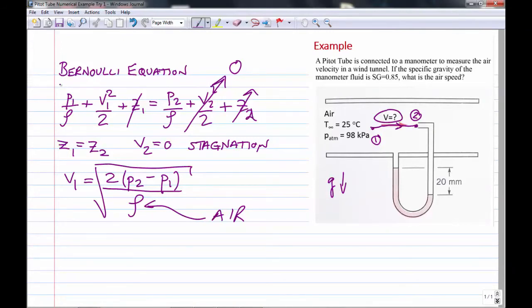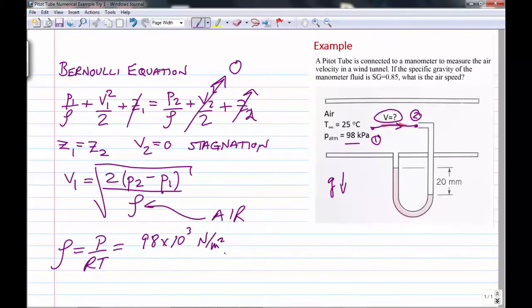So we need to calculate the density of air, and I'm going to do that using the ideal gas equation of state. Now you could look it up in the table in the back of the book, but you notice the pressure is just slightly different than standard atmosphere being 101.3 kPa. In the lab, you're probably going to measure the pressure using a local barometer, because the pressure varies from day to day, and you should really correct for that. So let's use the local atmospheric pressure. It's the more correct way to do it. So the pressure is 98 times 10 to the third